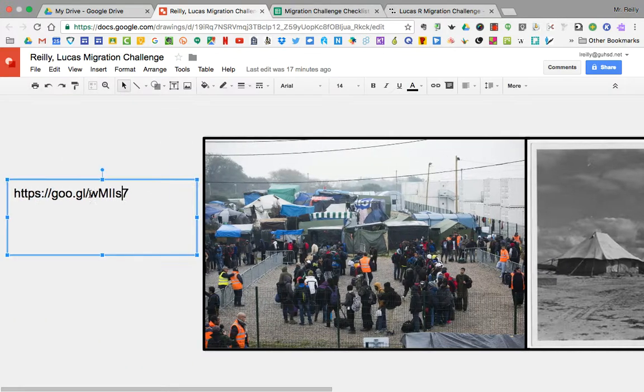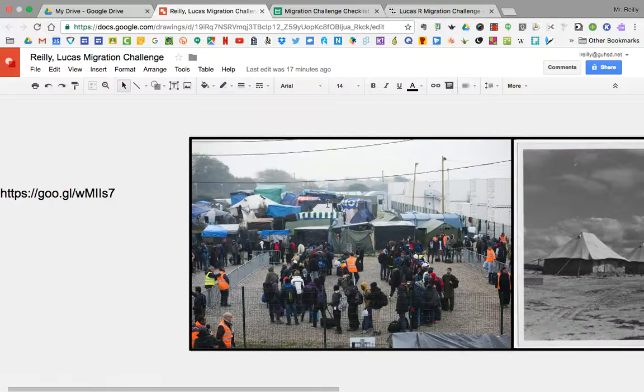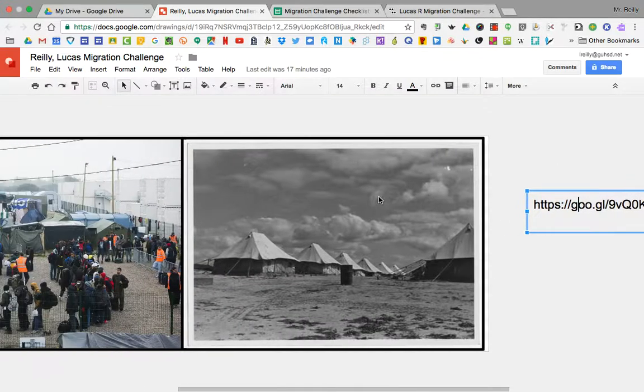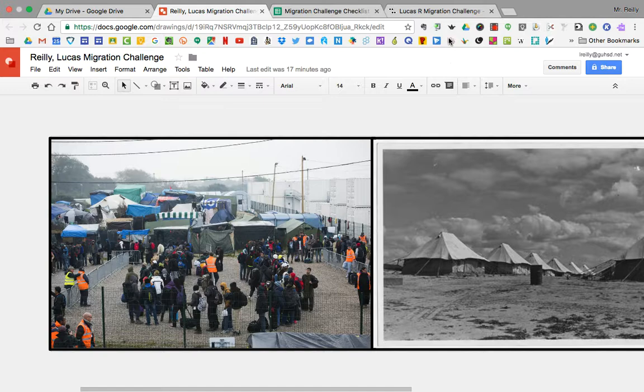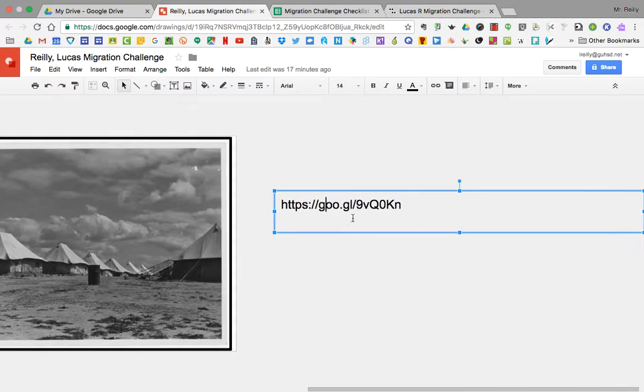We've got these links. Mine are short links. Yours might be a bit longer. That's okay. But what we want to do is cite our sources. So let's go ahead and start with this one. I'm going to copy this